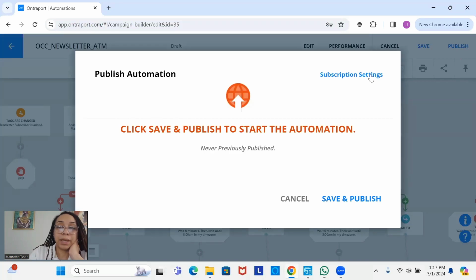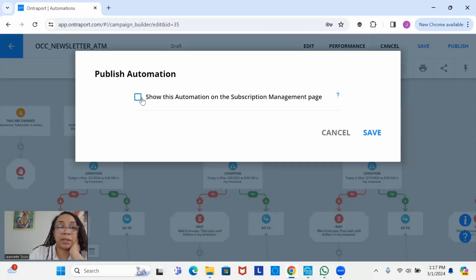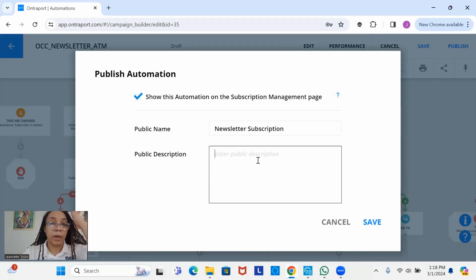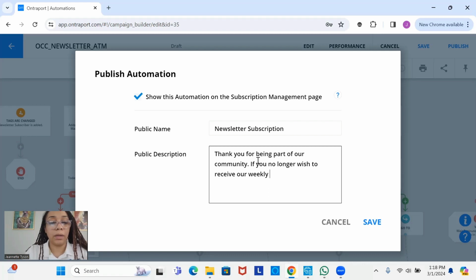We're going to go to subscription settings, and we're going to check this box that says show this automation on the subscription management page. And then we're going to give it a public name. So I'm just going to say newsletter subscription. And then here in the public description, I'll just say, thank you for being part of our community. If you no longer wish to receive our weekly newsletter,